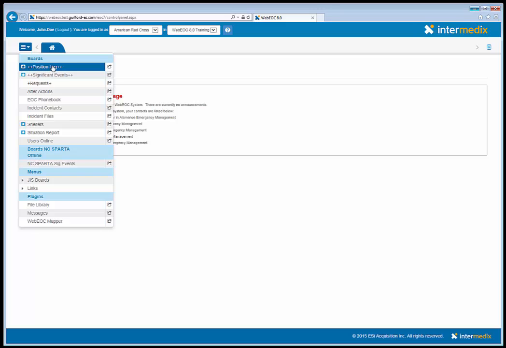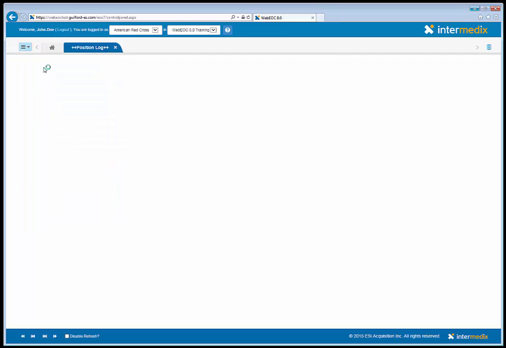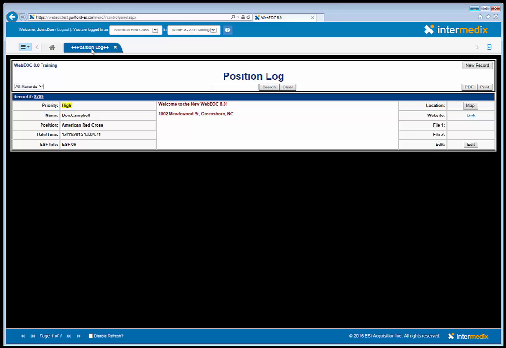As you can see, we have data in the position log, so all I need to do is click on the name position log, just like we did in the old control panel. You'll notice instead of it opening into a new window, it opens into a new tab along the top. The position log looks exactly like it used to, and it functions exactly like it used to